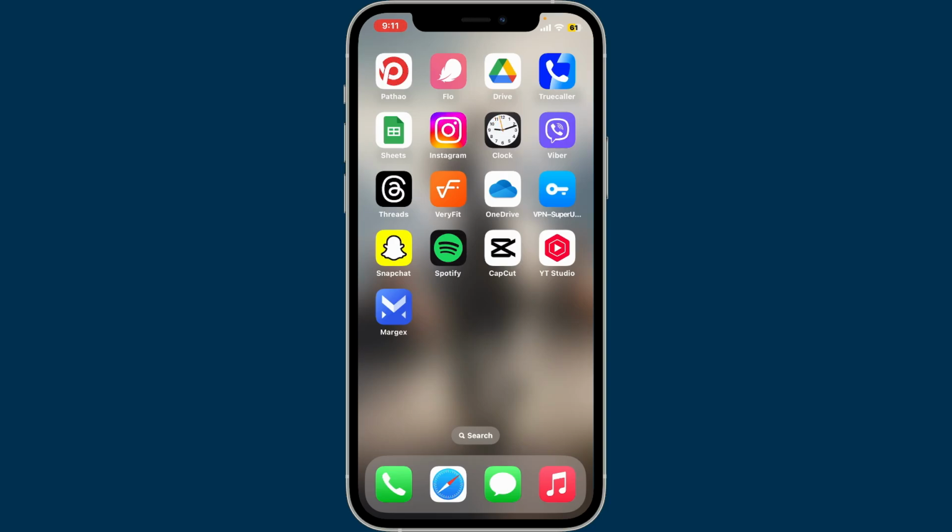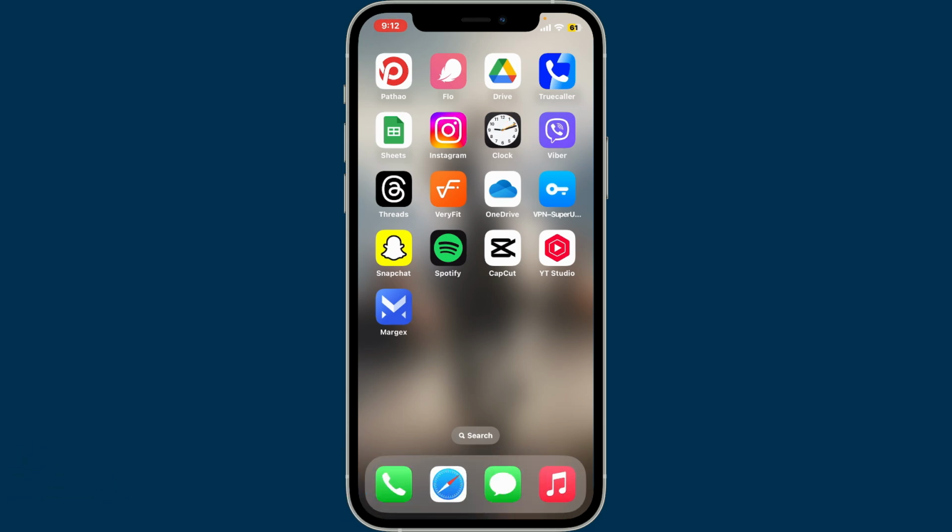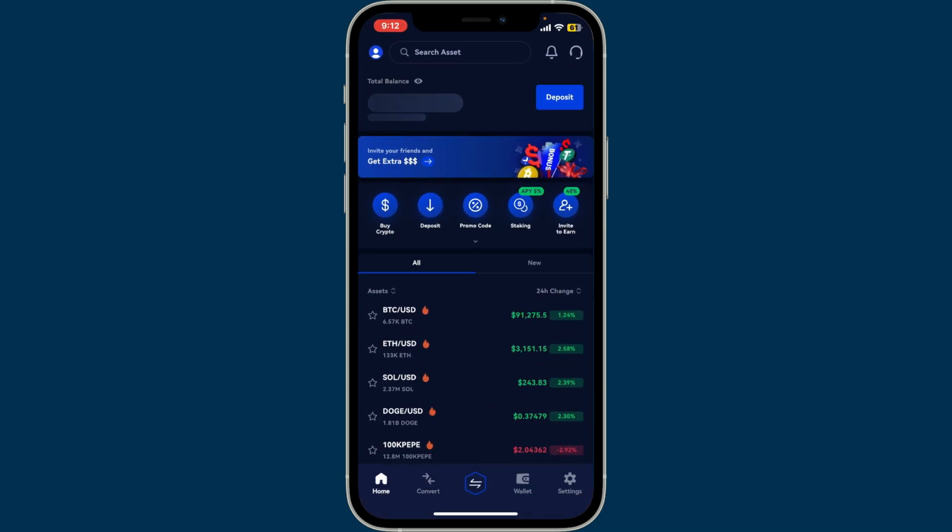In this video, we will be learning how to find wallet address on Margex. To find your wallet address on Margex, first of all open the Margex application and make sure that you are logged into your account. After you're inside the home page, tap on the wallet button at the bottom of the